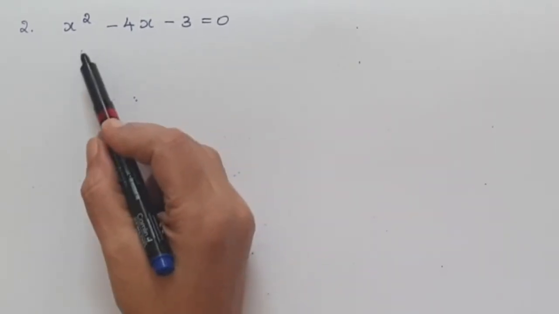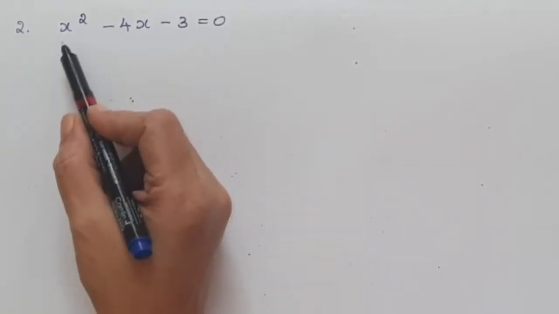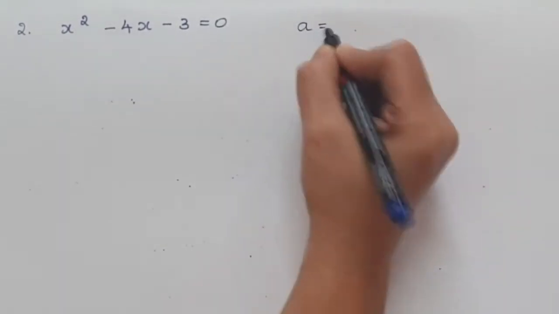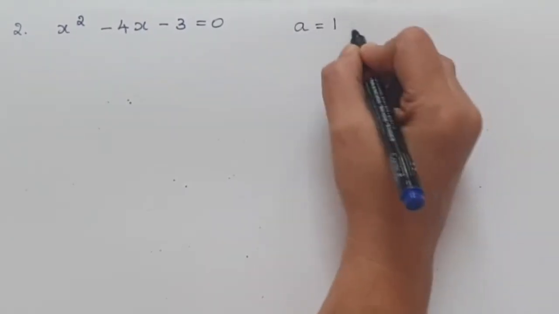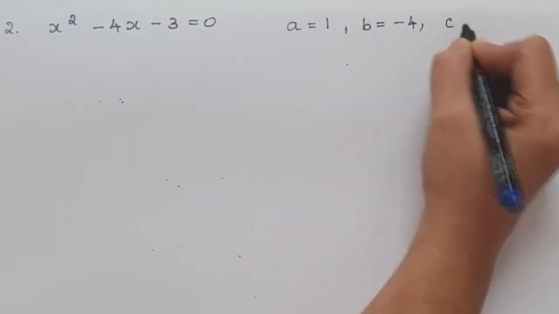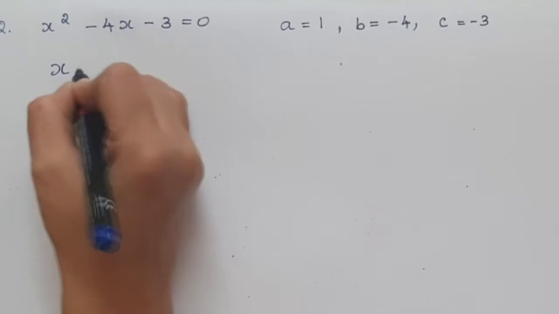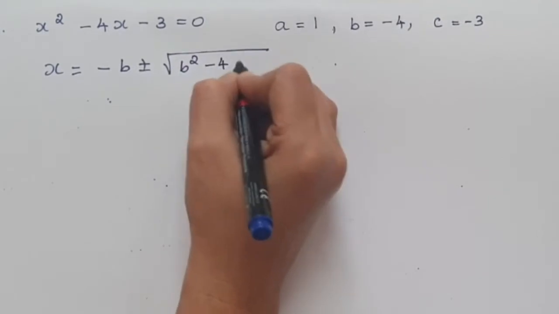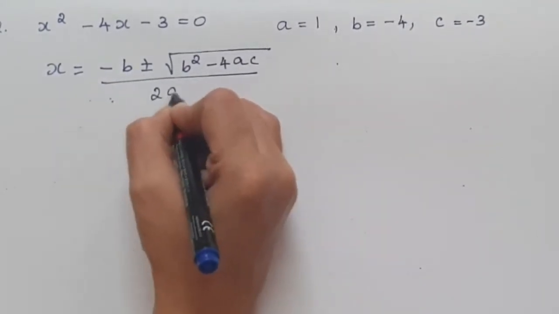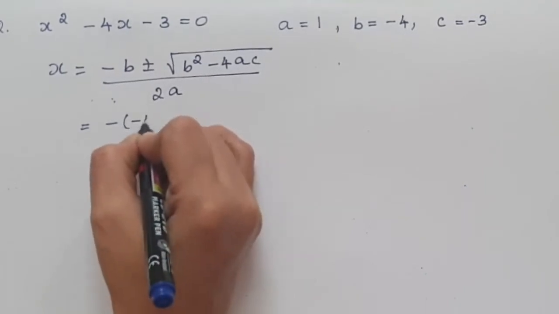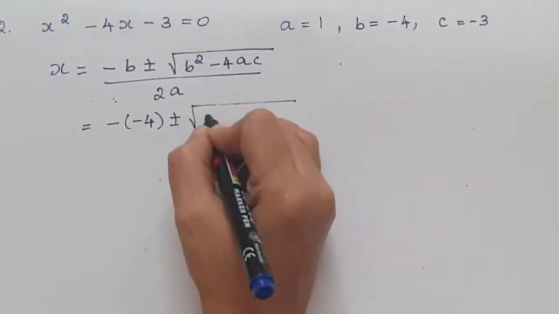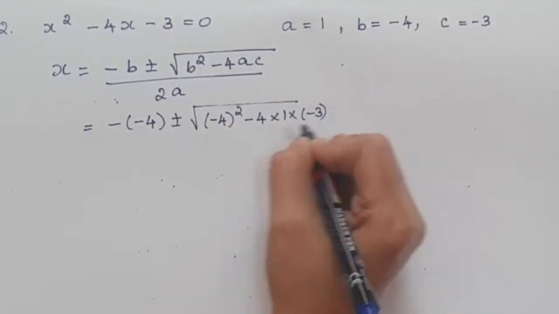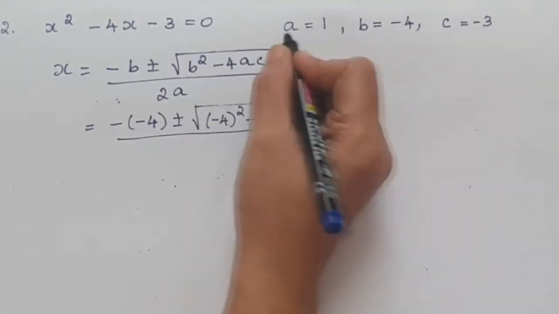Now we'll see our initial question, which we had as an example, the second one: x squared minus 4x minus 3 equal to 0. Now our value for a, the term before x squared, nothing is there, so it is 1. Our b is minus 4 and our c is minus 3. Now the quadratic formula is minus b plus or minus square root of b squared minus 4ac, divided by 2a. So it will be minus of minus 4 plus or minus square root of minus 4 the whole square minus 4 into 1 into minus 3. I am just applying the values of what I have written over here.